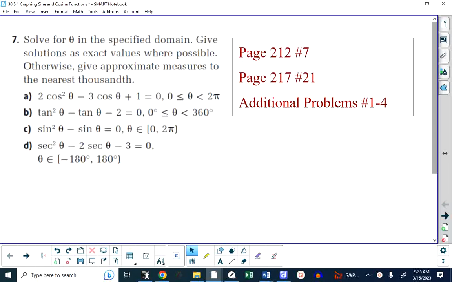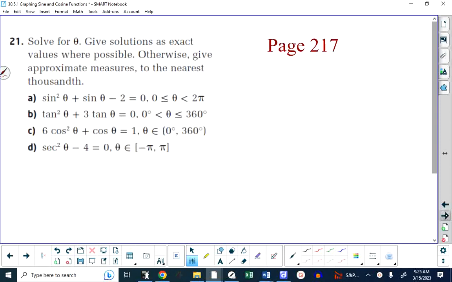What we did yesterday was we looked at solving quadratic trigonometric equations, and what it boils down to is you turn a quadratic trigonometric equation into two linear trigonometric equations, just like you turn a regular quadratic equation from Math 20 into two linear. So for example, if you had,